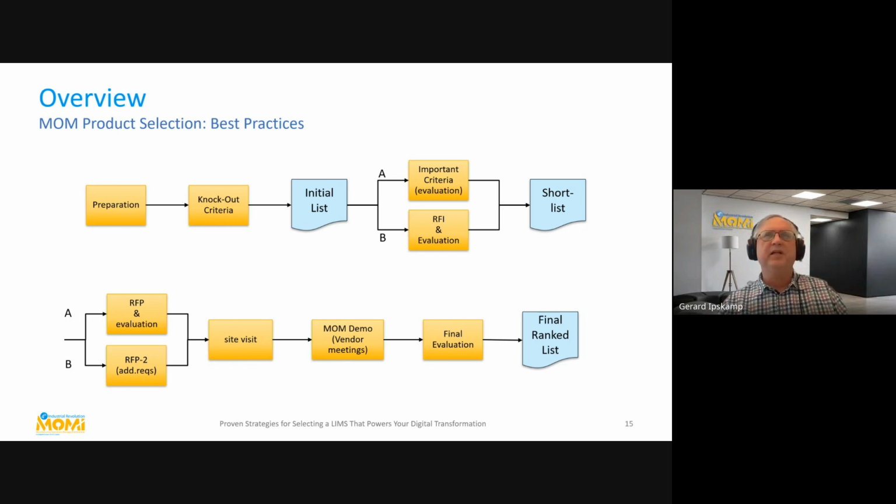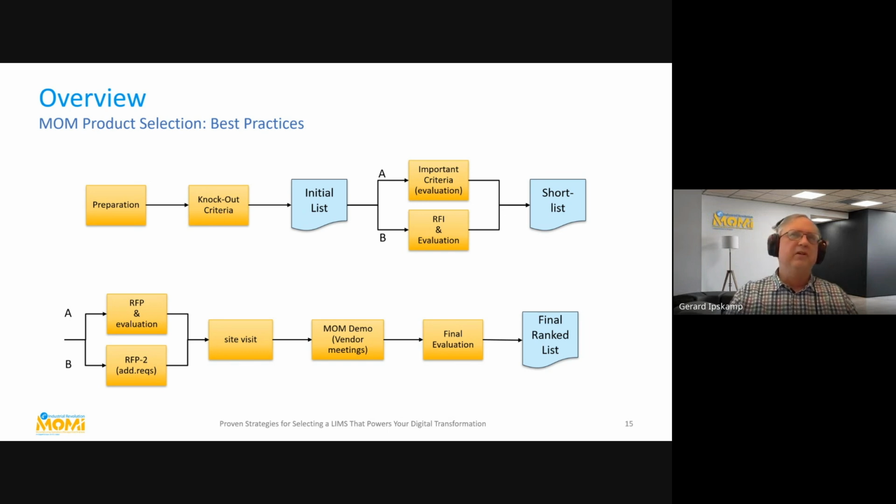If we have already enough information, we go by stream A. We do the evaluation ourselves. The vendor doesn't even know that they are evaluated. And in the end, we present to the stakeholders the shortlist with the argumentation why that is a good shortlist.